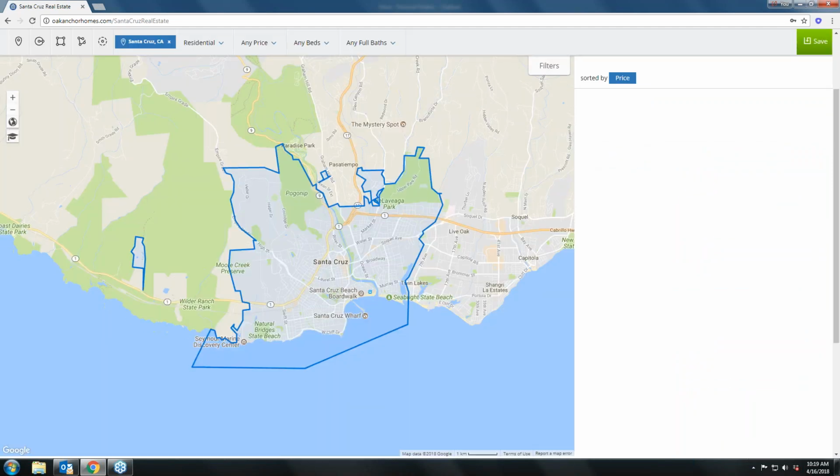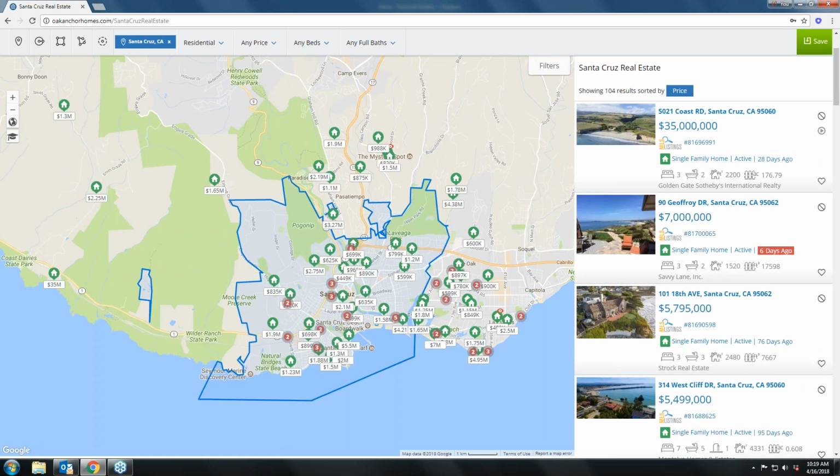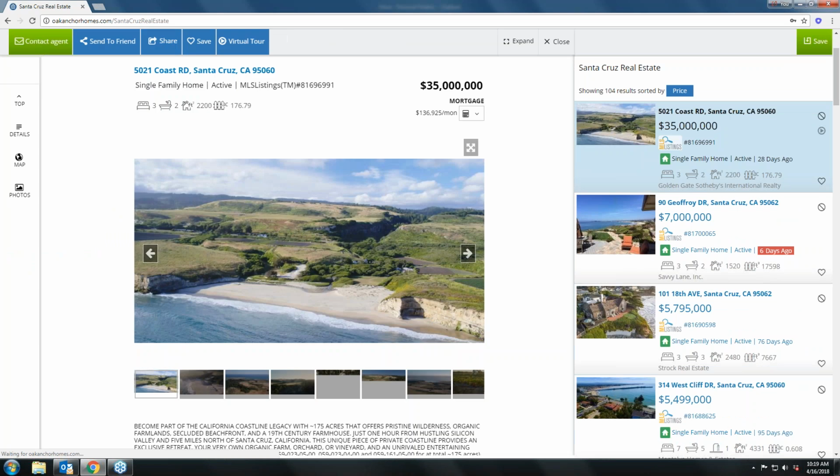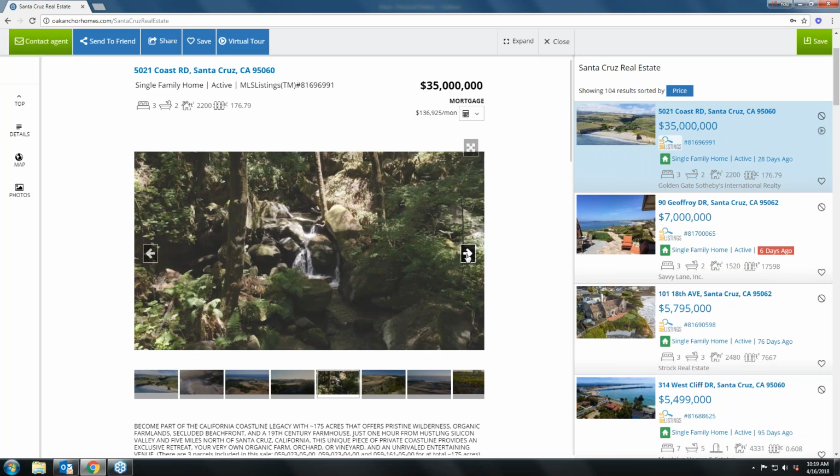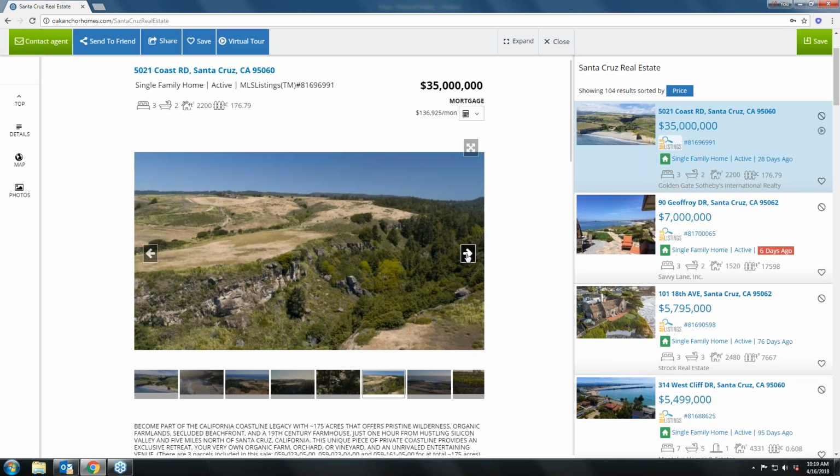I mean, even if you were to share that onto your Facebook page, right? Like, hey, wouldn't this be amazing? Look at this view right here. Imagine owning 176 acres in Santa Cruz. I mean, this is unreal. This is like completely unreal. And so regardless if somebody's going to buy it,